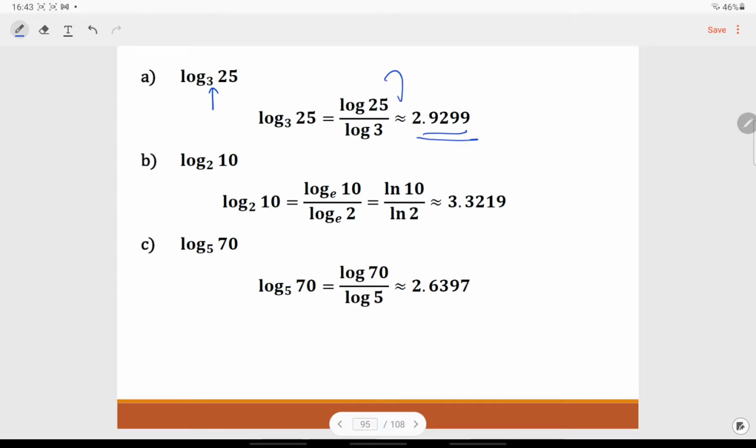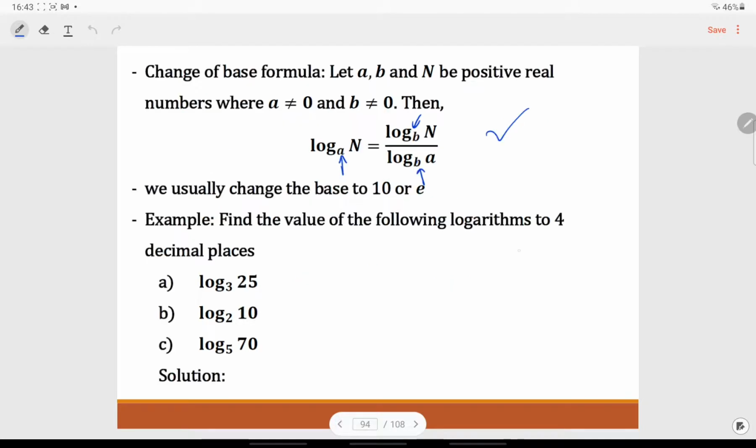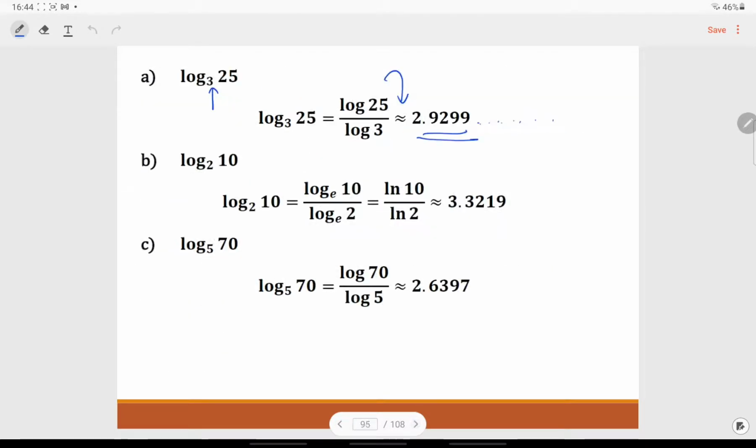We need to use the approximation because this is not exact, because this one has more numbers. Okay, after 9 we have more numbers. So we cut these numbers to only 4 decimal places. So that means we need to use this notation instead of the equal sign. If it is an equation, it means it is the same from the left hand side to the right hand side, the same value, but this time it is not the same, it is only an approximation value. So we need to use this notation instead of the equal notation.